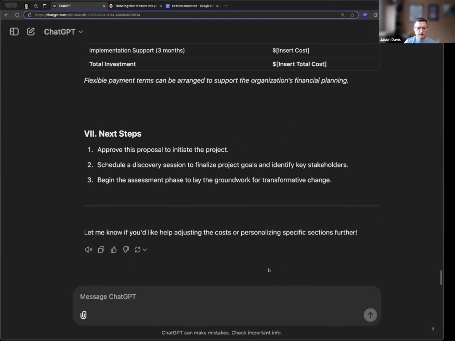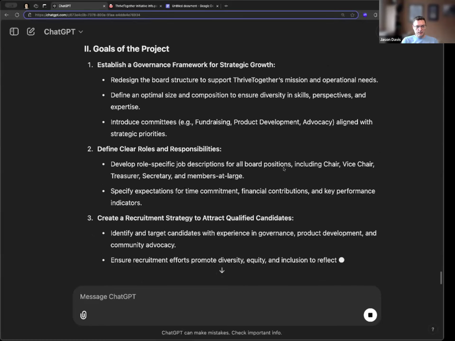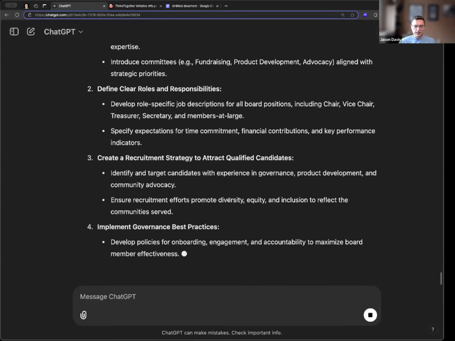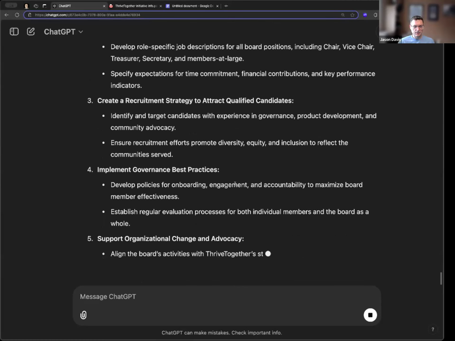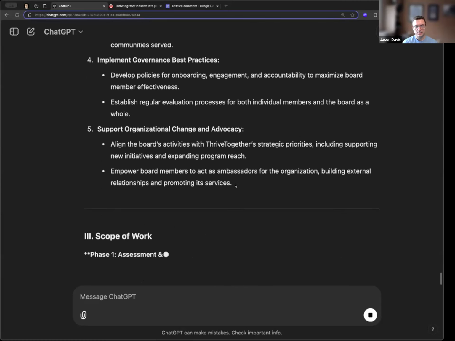So maybe let's add some more depth to that. Let's just ask for that. Now you're getting a few more bits of the goals in there, a little bit more specific. It's starting to look like something that's a little bit more fleshed out. And again,